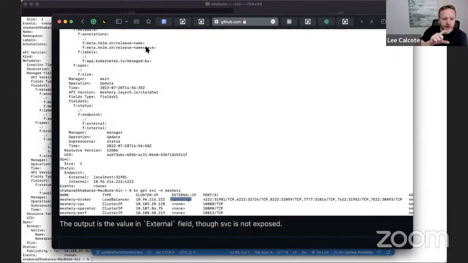Like if a user manually edits the service type from load balancer to ClusterIP or NodePort, is the operator reconciling that back to load balancer? Is it undoing that configuration? No, in that case, it is not doing that. Okay.